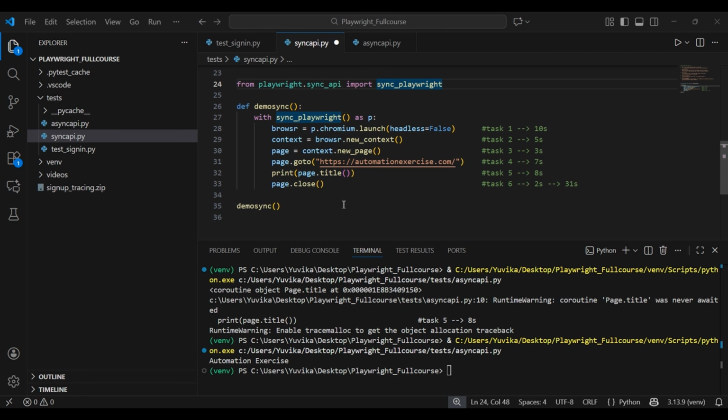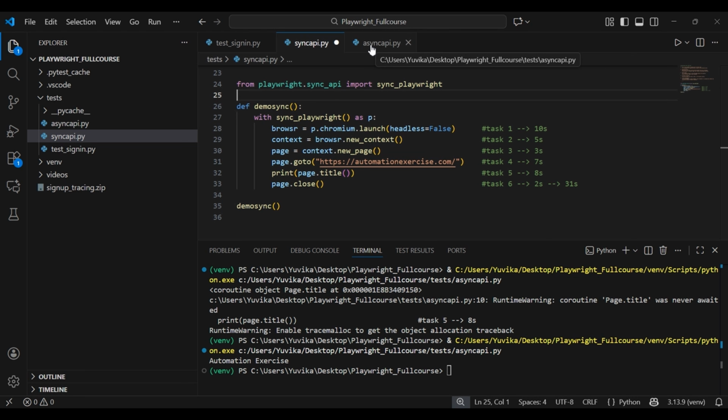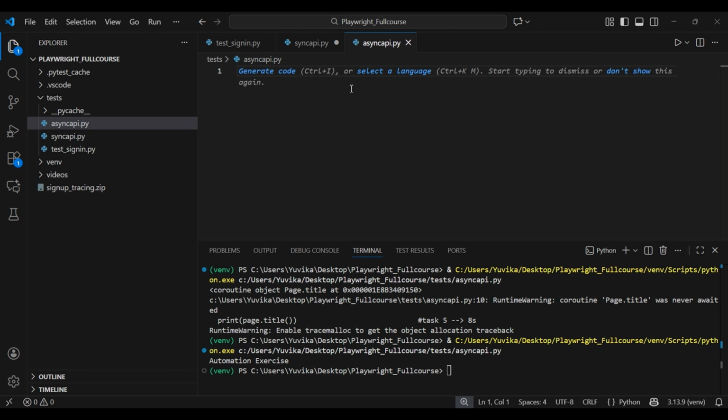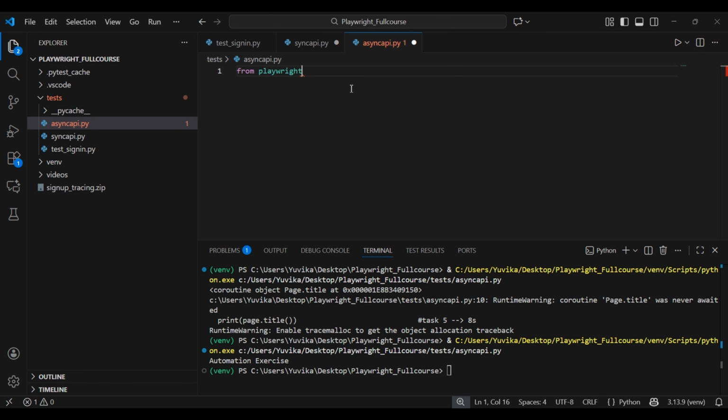Working with the asynchronous API and the synchronous API, there is a slight difference, since to work with any API in Playwright, the first step is to start the API engine, right? Similarly, for the Sync API, we import the sync API package from Playwright. The same way, we will also import the package for the Async API. So from Playwright, this time we will import async API instead of sync API. From this package we need to import